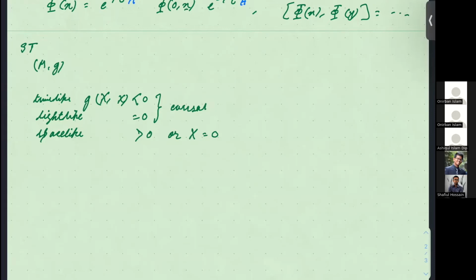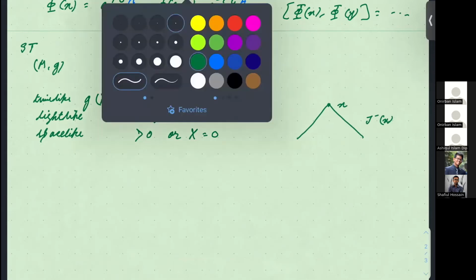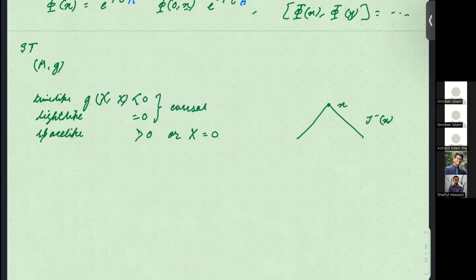So what this basically tells us is that if you take any point x in your space-time, you have two cones. One you can call the past cone, which I denote by J minus, and another the